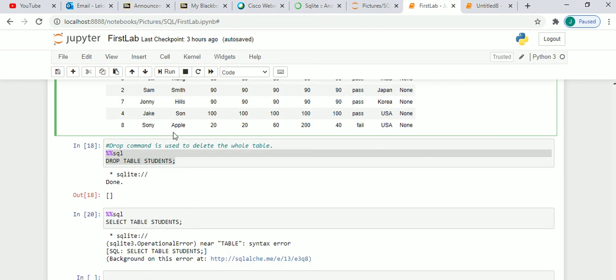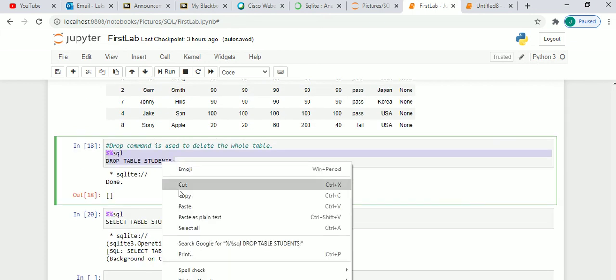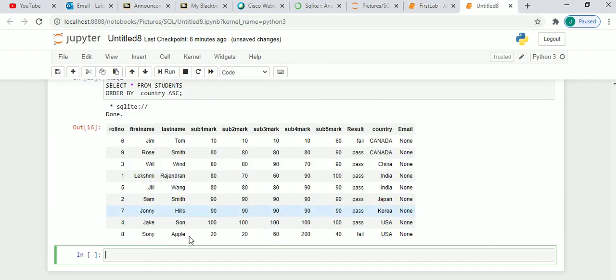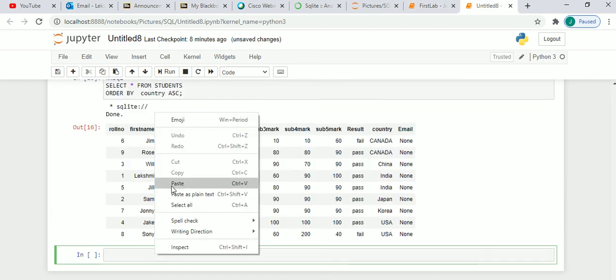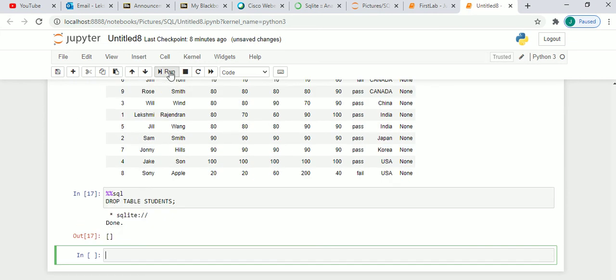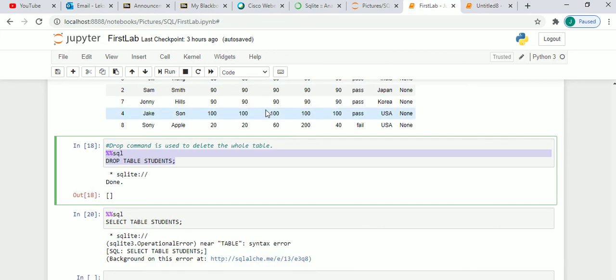Now once all the basic commands are done, the last one that we have to run is drop. So let's do the drop command. The drop command is to delete the whole table, the whole record. So here we are going to delete the whole table student, and it is done.